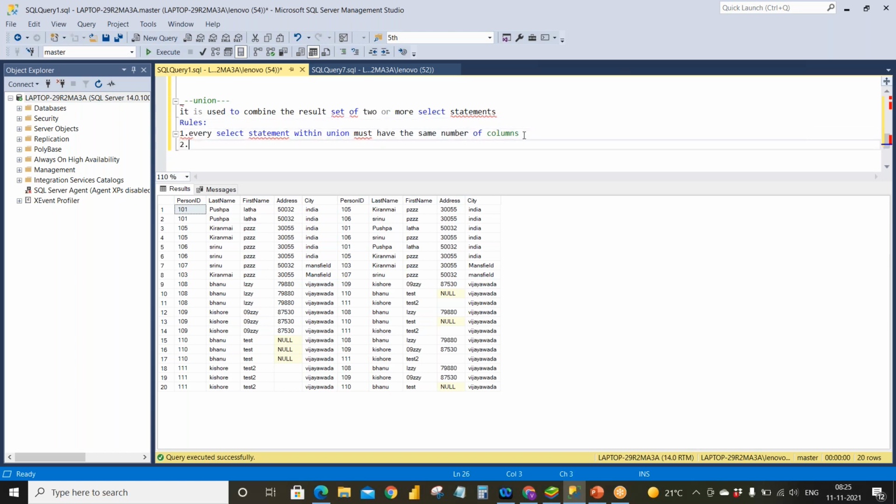And the second rule is the columns must have similar data types. I'll tell what I mean by that.